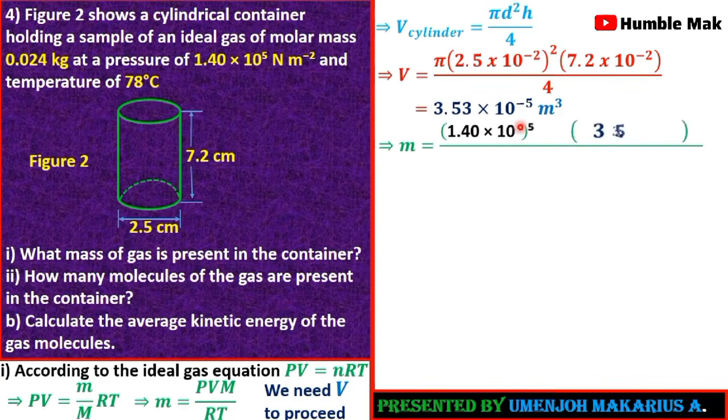That's the volume. Now friends, if we plug in everything into our formula, the pressure P is 1.4 times 10 raised to the power